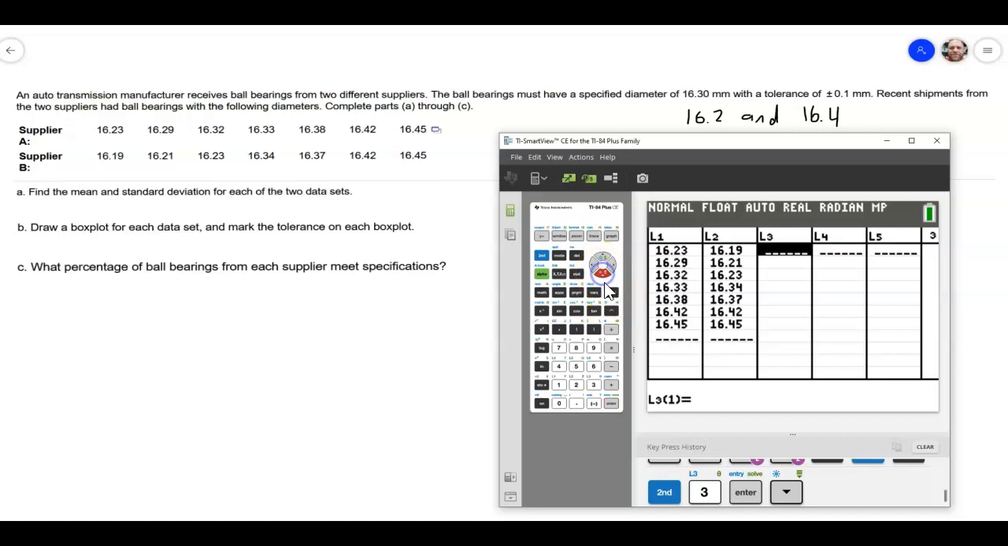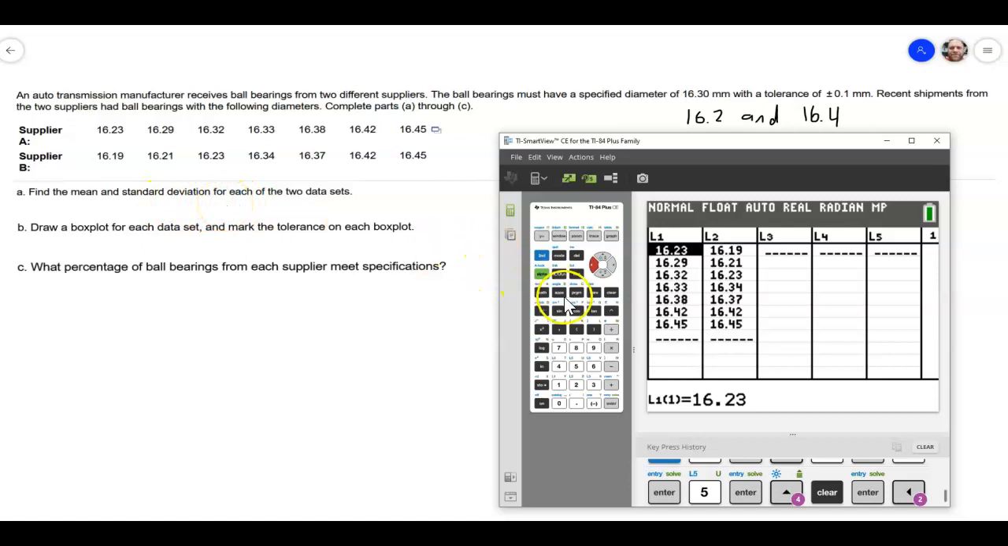So if I had a couple in here like 6, 3, 5, I could either delete them out manually with the delete key, or I could go right up to the top and hit clear, enter, and it clears the whole thing for me. All right, so once I have these in here, to find the mean and the standard deviation, the easiest way to do it